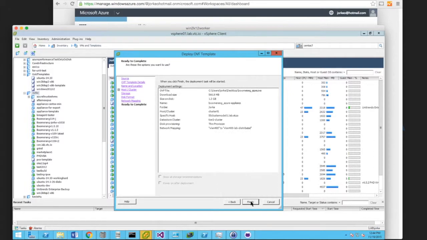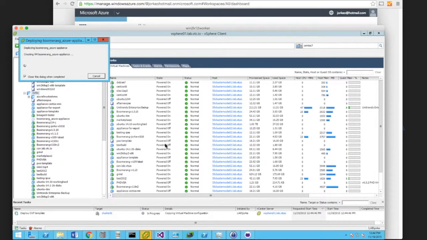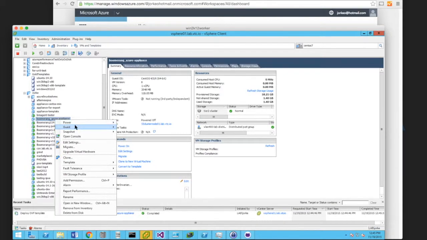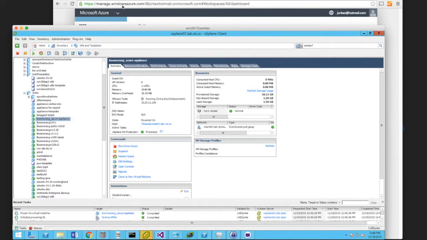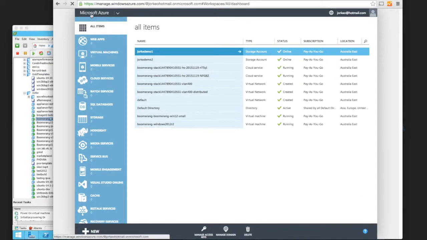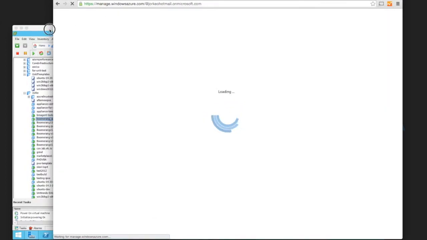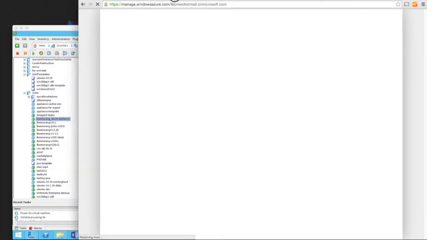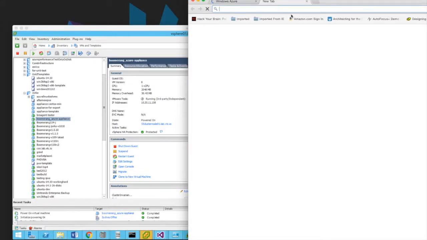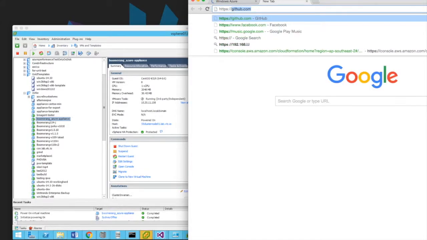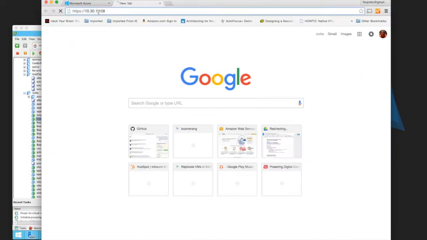So after I click deploy, you'll see it go along. Now I've just sped this bit up just because it takes about 30 seconds or so. So moving on. Once that's deployed, we go through the power on, and this will actually give us an IP address, and we just have to browse that new IP address there. Just doing a reload of my Azure portal there, so I can just refresh it. I put in the IP address of the appliance. I'll get presented with the